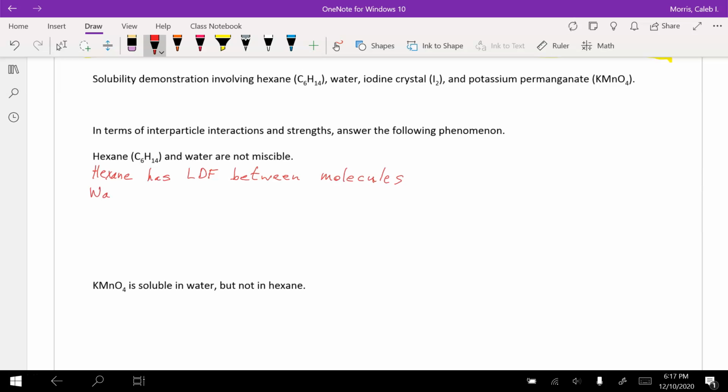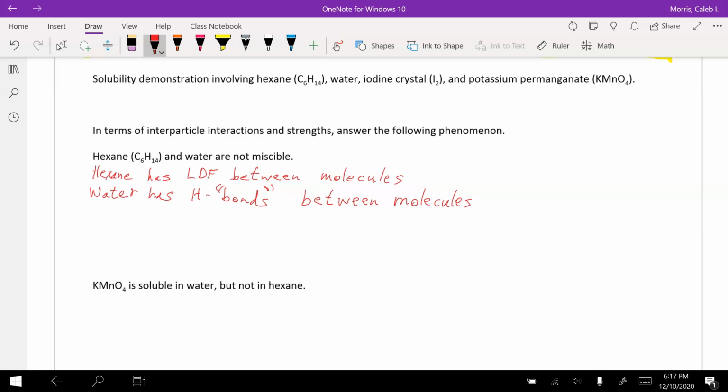Water has hydrogen bonds between molecules. What are the strongest, or what are the most dominant intermolecular forces we would see between